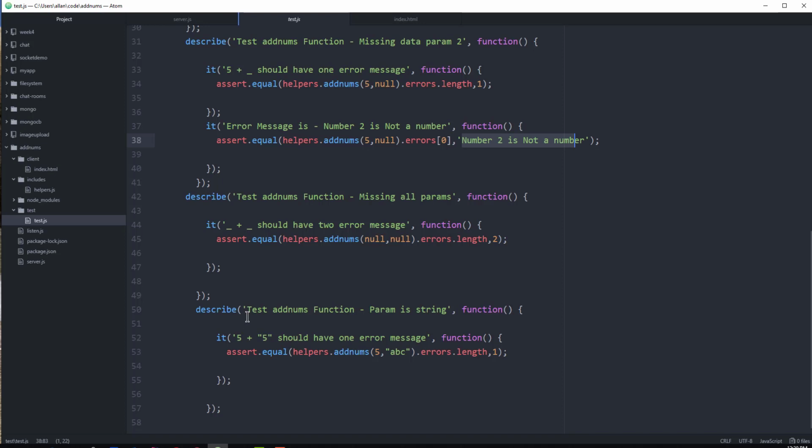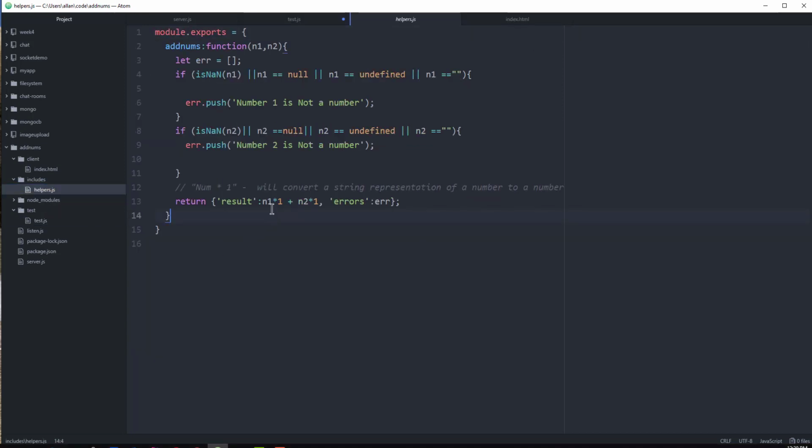And the last one I'm going to test is one where we want to test that a string was a value sent through as a string. Actually, I should change this description because it's a bit misleading. So that if one of the values is a number and the other is a string, we should get 1 error message. The way that I've done the helper function, we'll just quickly jump over here, is that I'm